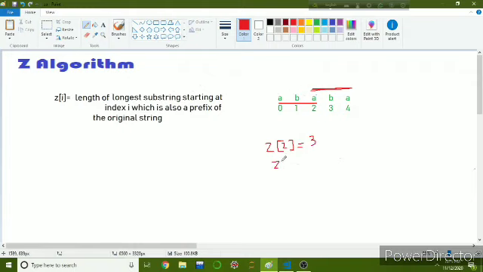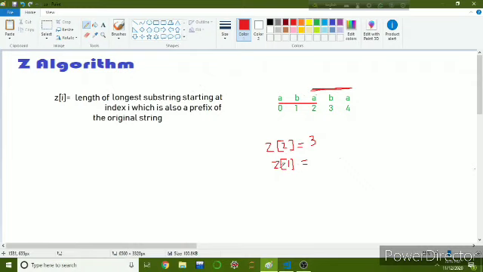Similarly, Z of 1 will be 0. As you can see, for this string ABABA, all the prefixes will start with the character A, but at index 1 the first character is B. So we can conclude that starting from index 1 we cannot have any substring that is also a prefix of this whole string.